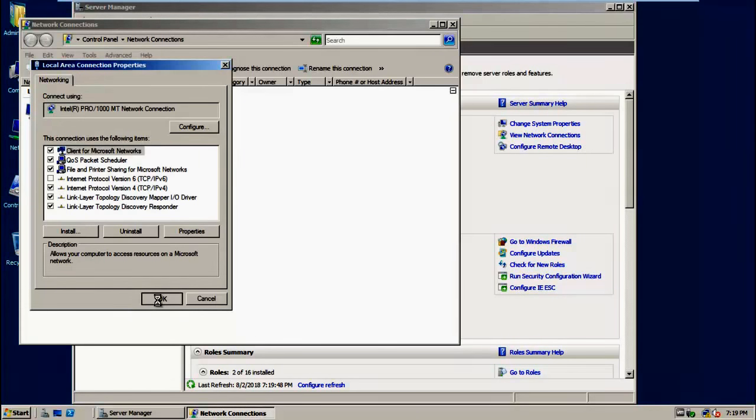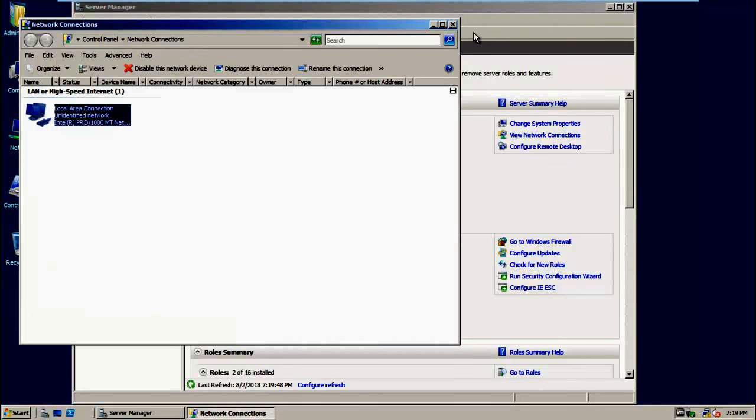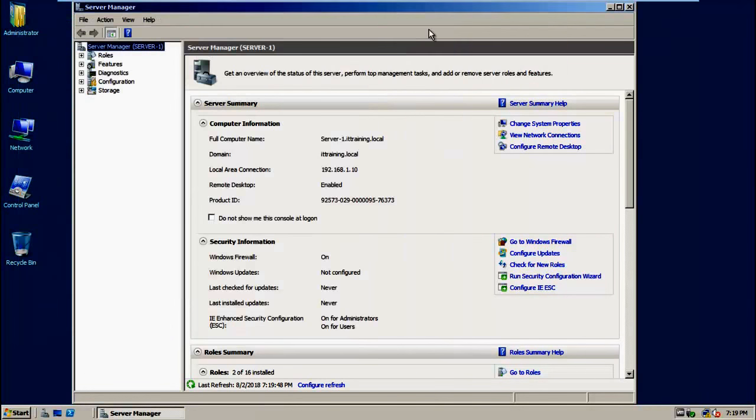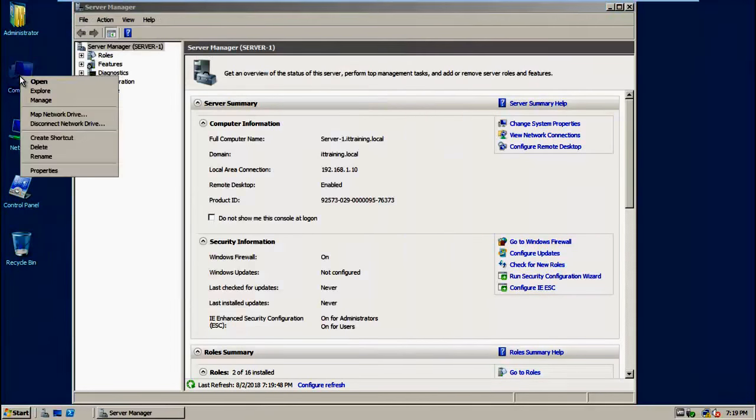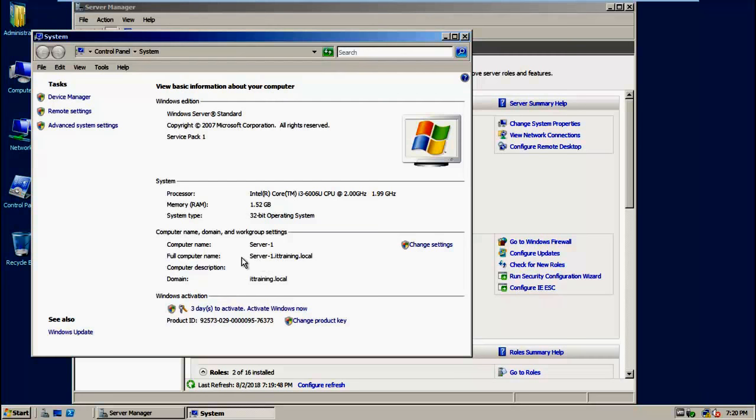Okay. So now we are done, and here we can see that this server is now having the full FQDN name server1.ittraining.local. This ittraining.local domain which I have created, and this server1 is the child of this ittraining.local. Now,